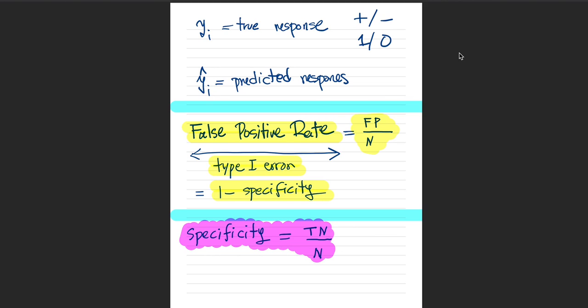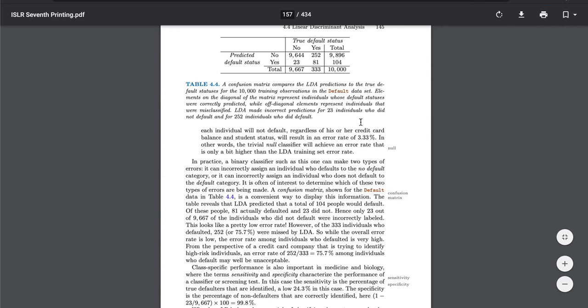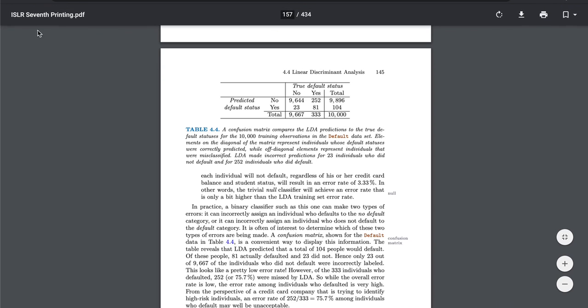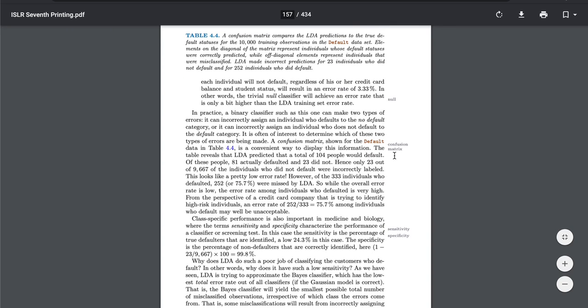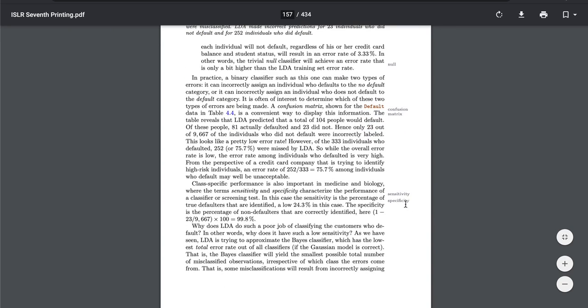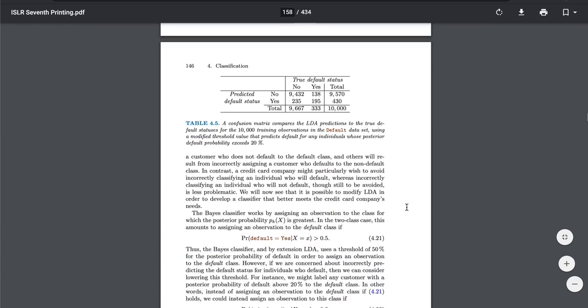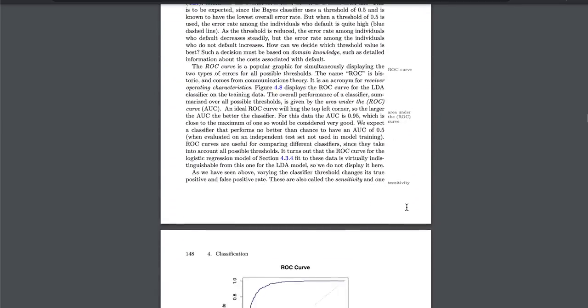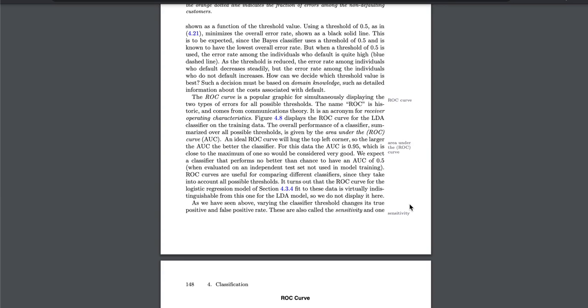Hello, everybody. In this lecture, I will quickly go over the different measures we have to quantify how well a classification algorithm performs. A point of reference is the ISLR book, page 145, where it talks about the confusion matrix, sensitivity, specificity, and later area under the curve,